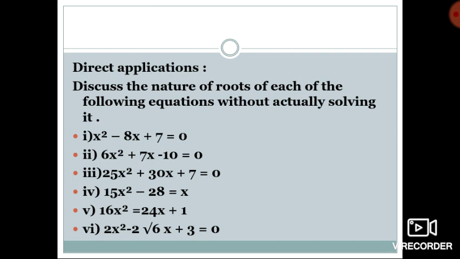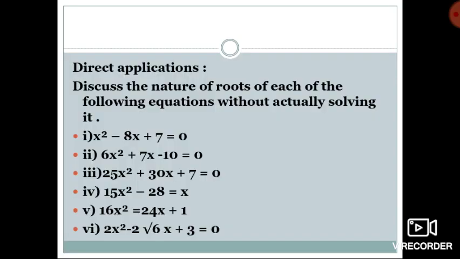we have seen 3 conditions today. First one I have told you, b square minus 4ac is positive, then the roots are real and distinct. Second condition I told you, b square minus 4ac is equal to 0, the roots are real and equal. Third condition I told you, b square minus 4ac is negative, then the roots are not real. So you can apply these 3 conditions. You find out the value. Automatically you can